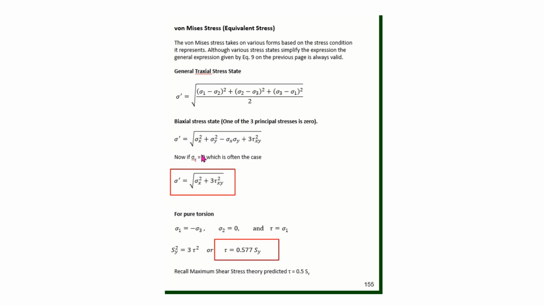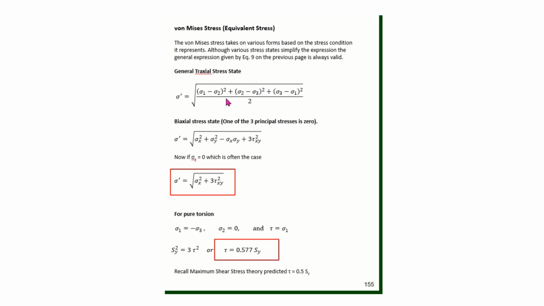Then if sigma y in the biaxial stress state happens to be 0, which is the case in many, many beam situations, we get sigma prime is the square root of sigma x squared plus 3 tau xy squared. For pure torsion, we see that this is 0.577 Sy. So this is a super important equation, and we'll use it throughout the remainder of the course, as well as